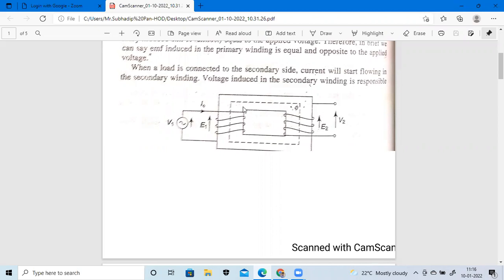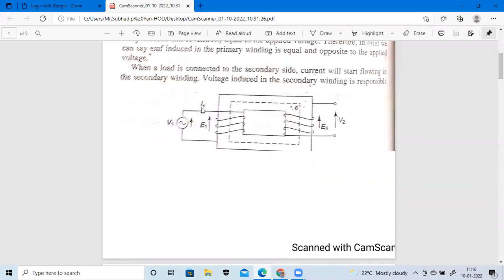And this is magnetically coupled, since the primary coil and secondary coil have no electrical connection, so you have to draw it in that manner. Represent all the electrical quantities, that means the supply voltage and the supply current, that is I0. If no load is connected on the secondary side, that current is represented as the no load current or exciting current.